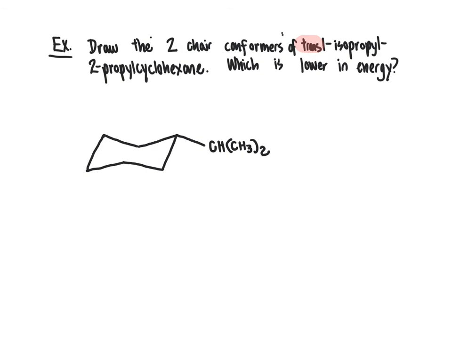I've plugged that isopropyl group in equatorial at position number 1 of the ring. Now what I need to do at position number 2 of the ring is plug in my propyl group. And the location of the propyl group, meaning whether it is axial or equatorial, in other words, whether it's pointed up relative to the carbon or down, is going to be determined by the fact that we've described this